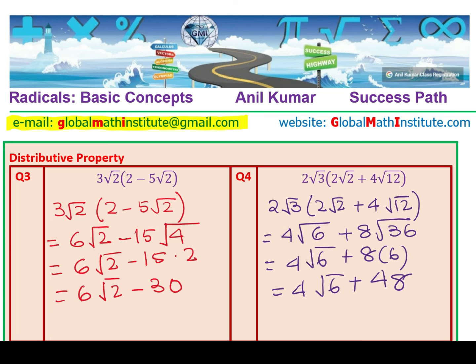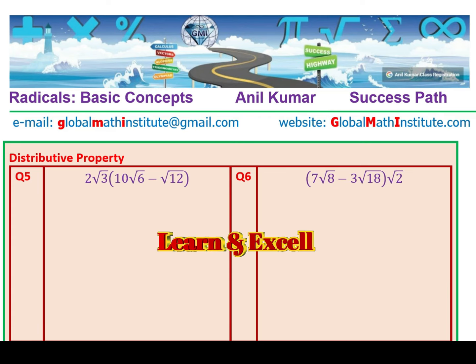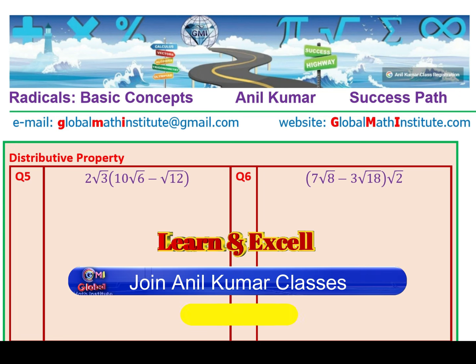So I hope that gives you a good practice. Now take the next 4 examples as your test questions. So here is the one where we'll multiply again by 2 square root 3. The term inside the bracket is 10 square root 6 minus 12 square root. Okay, how am I going to do it? Let's rewrite. So just 2 square root 3, which is being multiplied to 10 square root 6 minus square root